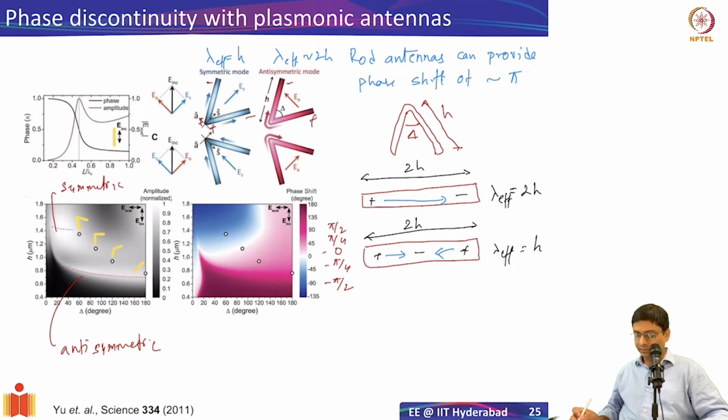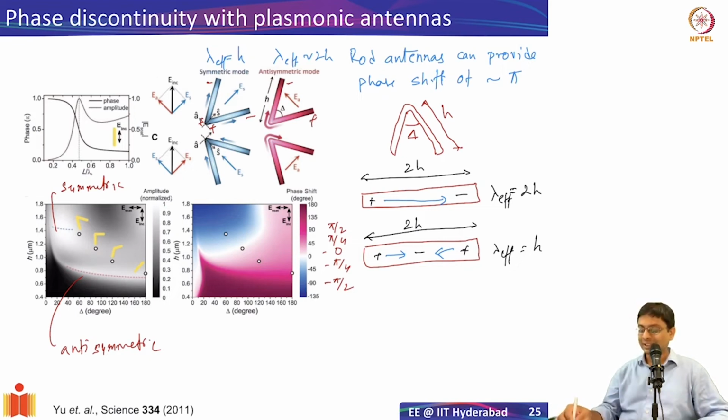So you see that the symmetric mode occurs at a much longer wavelength, 2H. We said symmetric mode, it should be, wait. Yeah, H has to be larger for the symmetric mode to be there. All right. So this is what you have. And then you have this phase variance. Okay, once we get this phase, you had a question?